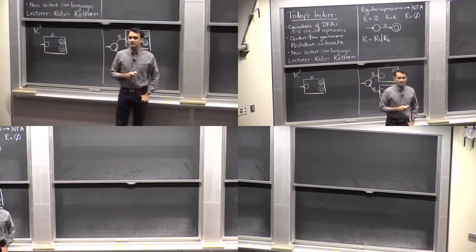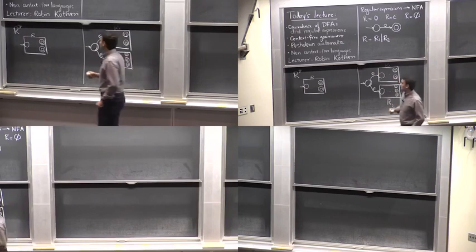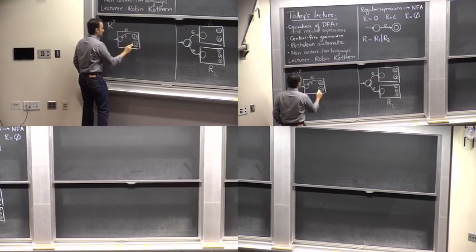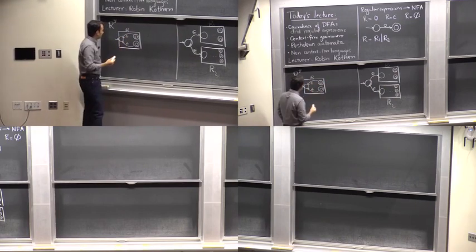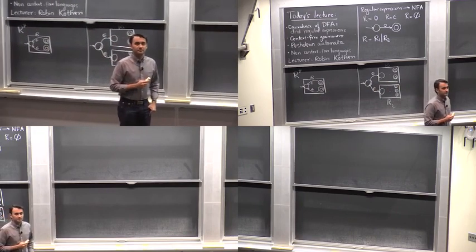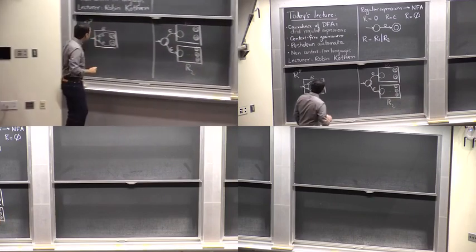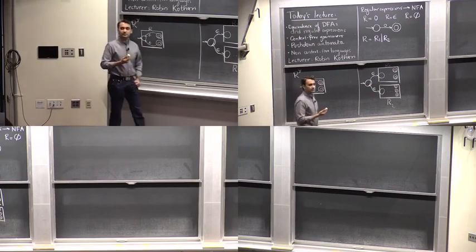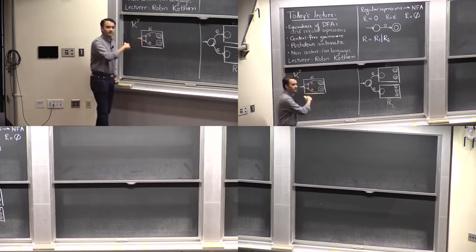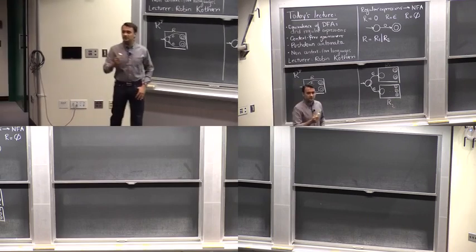Any guesses? Yeah, go ahead. The accept states go back to the start state. Yep, that's good, with null transitions. Okay, that's good. And does this work? Additionally, the start state should be an accept state. Right. So your idea was the start state should be an accept state because we need to accept the empty string, we need to accept epsilon. But the problem is if you make the start state an accept state, the start state could be an intermediate state in this NFA, and you might make other states become accept states. This is not a big problem because